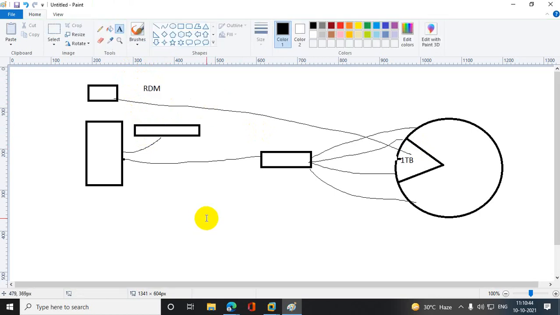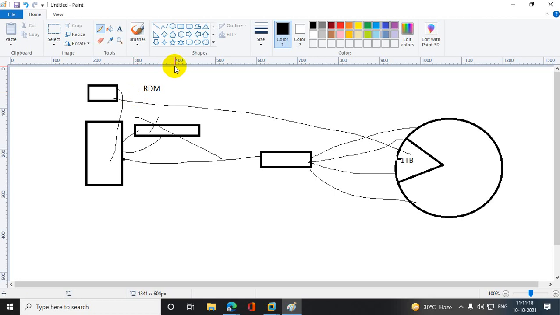Now in raw device mapping, the space comes through the fiber channel switch directly to ESXi, but instead of creating a data store, it is directly allocated to virtual machines. It is called RDM. So how can we map that RDM? Once we create the additional disk drive, in that case we will select RDM. Got my point? And create the disk file there. This is called RDM. And what are the disadvantages?